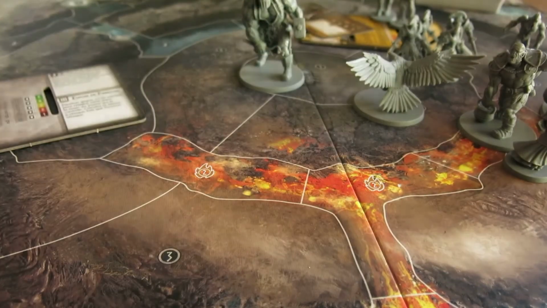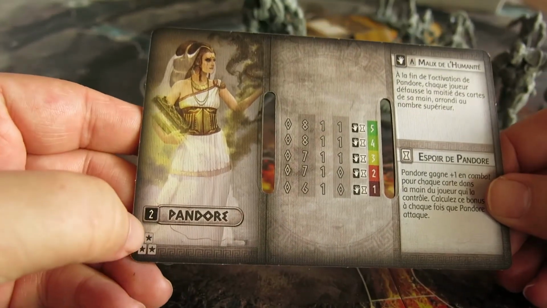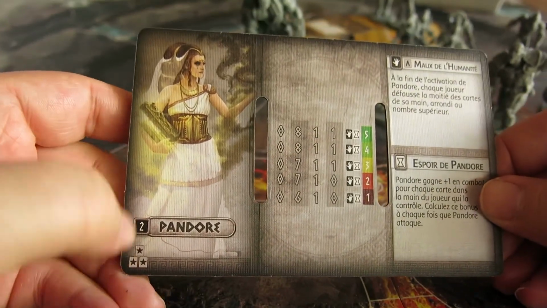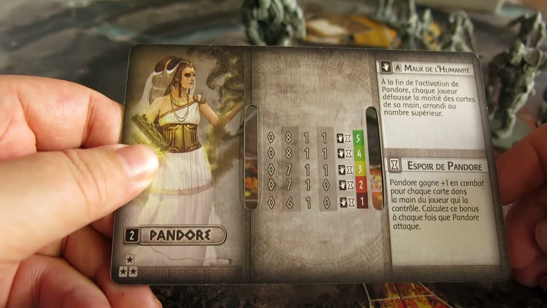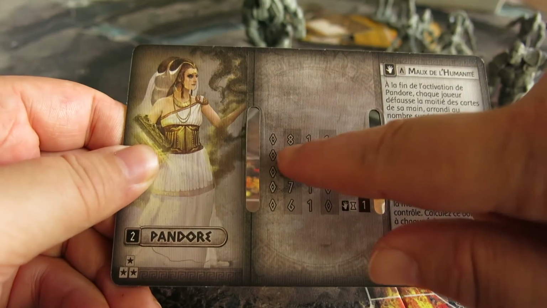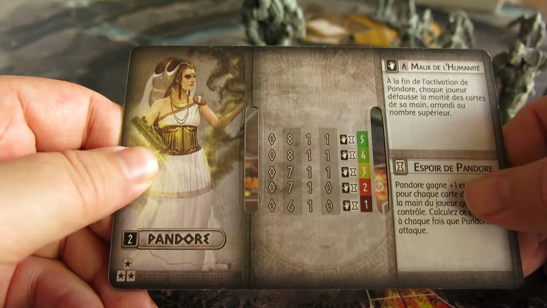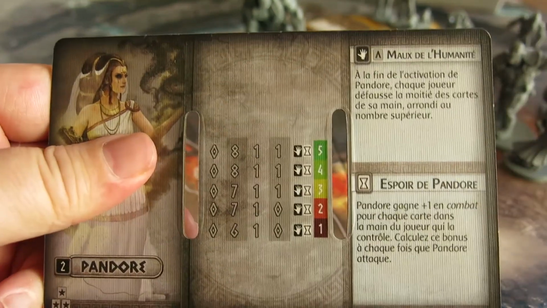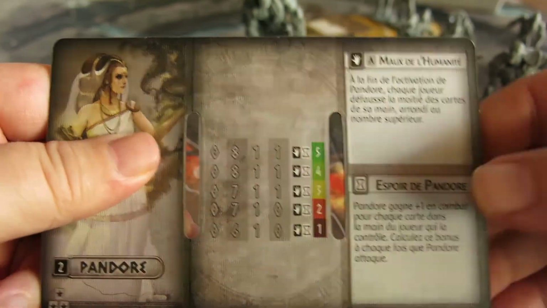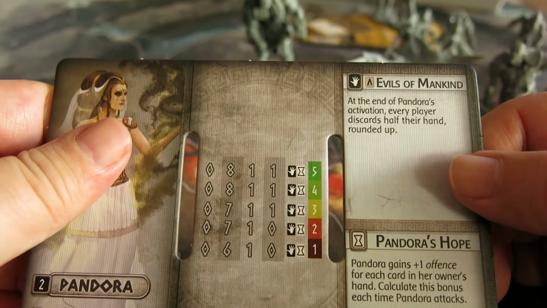I will show you her dashboard. So she costs 2 points. She has 3 activation cards, and well, her stats are sad. She has 0 attack, but she has actually pretty good defense. She has 5 life, and she has these 2. Oops, we're looking at the French version. She has these 2